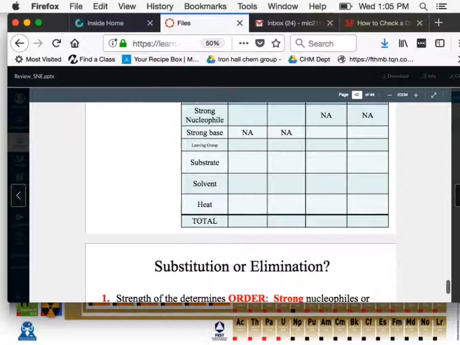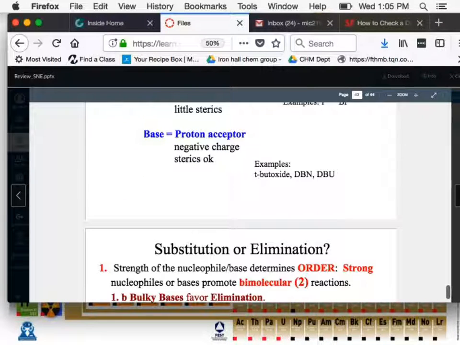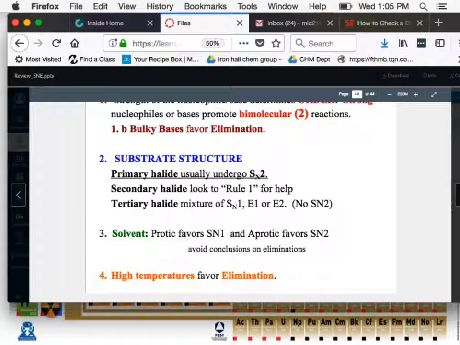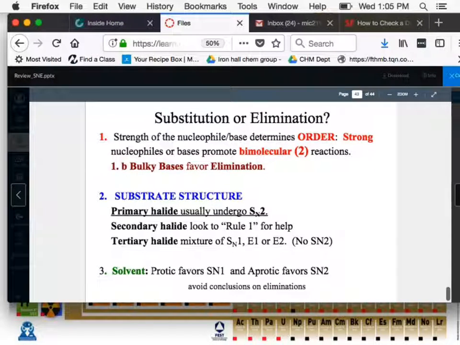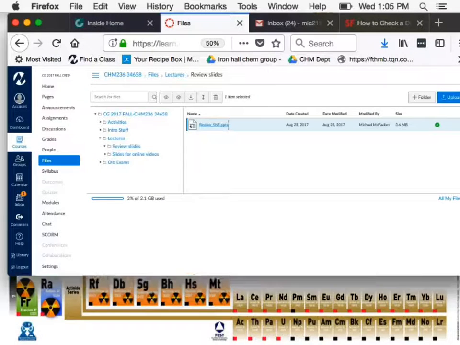There's the table again. And then some questions that you could ask yourself to go through and solve problems. So please take advantage of using that slideshow to help you get through it. Okay? After that, the rest of the plan for today